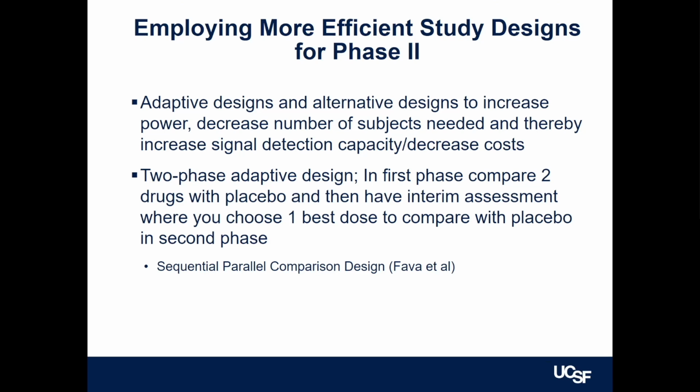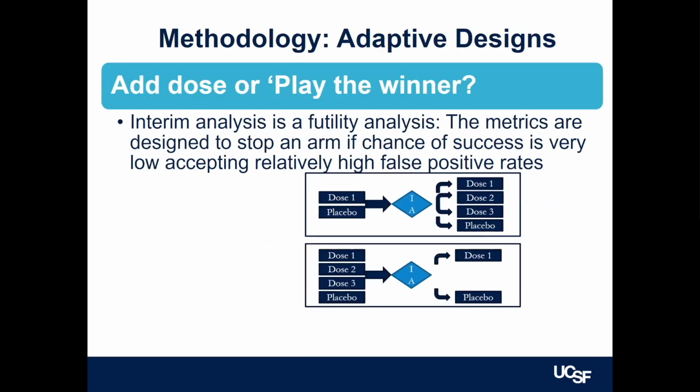And you may say, well, that sounds like cheating, isn't it? It is. But the way this is addressed, and this is rigorously worked out and accepted by FDA, is that you pay a penalty in your power in your statistical analysis for doing an interim analysis. There's a fixed set way to do this, which is very interesting. I don't have time to go into it. But there's many ways this is done.